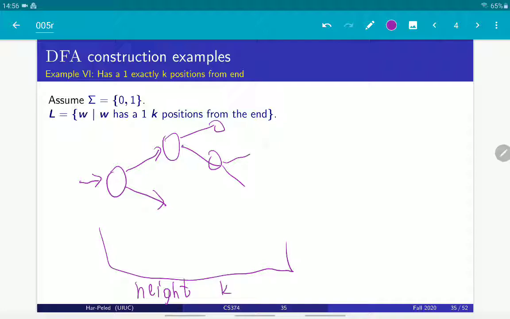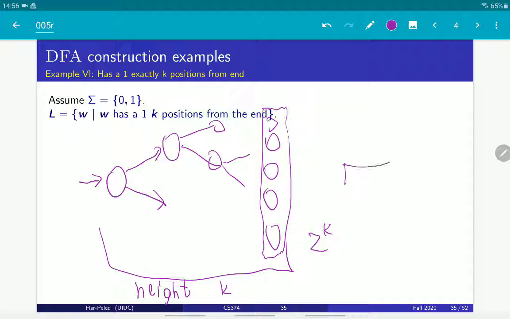Every state at the bottom, there are 2 to the k strings at the bottom of this tree, and now we put the transitions between them in the natural way, so that we always have this sliding window of k bits, and remember the last k bits